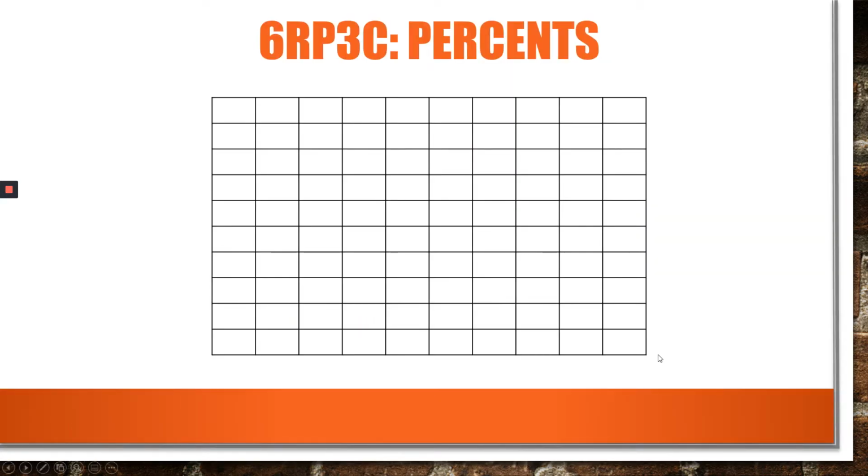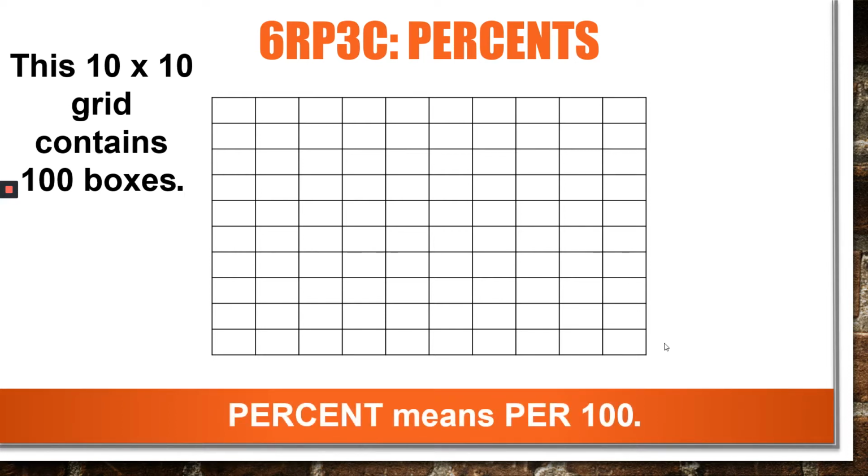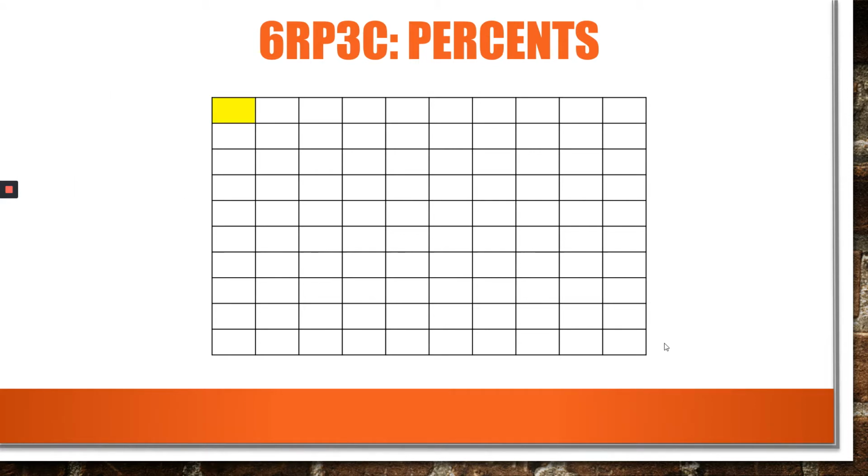We're going to look at percents today. First thing we're going to talk about is what does a percent mean? Well, we see that we have here a 10 by 10 grid containing 100 boxes. It's a very good visual for what percent means because percent means per 100. So if I shade one little yellow box, I've shaded 1 out of 100 so that I have shaded 1%,